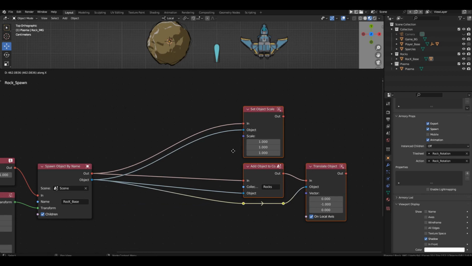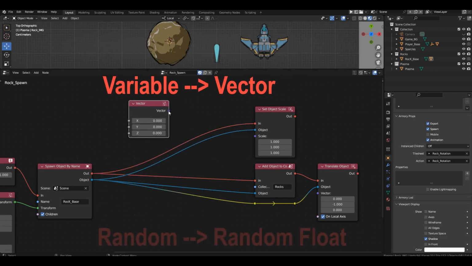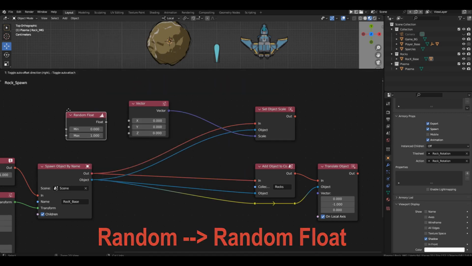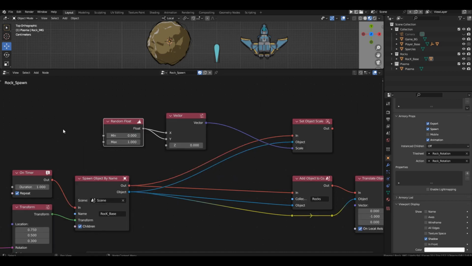To set random values for the scale, we need to get a vector block and connect the random float block to it. It may seem simple: connect random ranges to the required axis and be happy. By the way, don't forget to set a unit in the z-axis, because if you leave it as 0 you won't see the asteroids anymore as their scale will be 0. Well, let's see. You won't be happy. If we give values from the random block onto channels, it means different values will be onto channels.